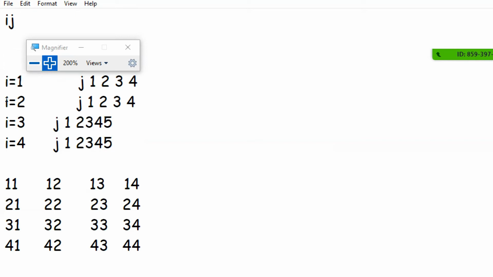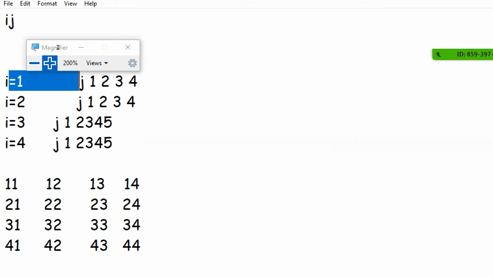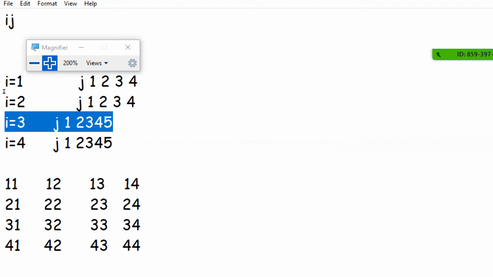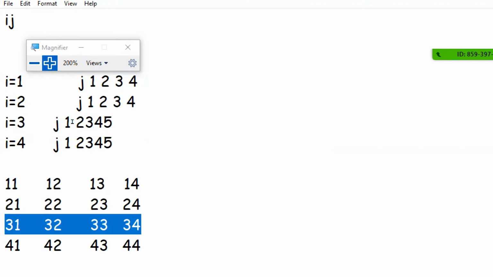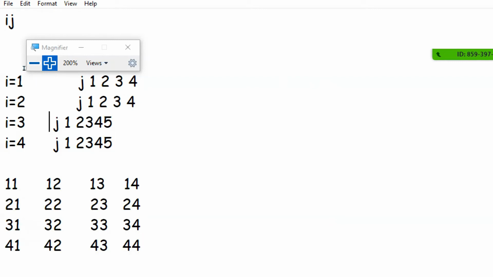So see this example. Here this is a j value. J is 1, 2, 3, 4 and I is 1 all across. So I is 1 all across for the first row. I is 3 for all across the third row and I is 4 for all across the fourth row. So in this way